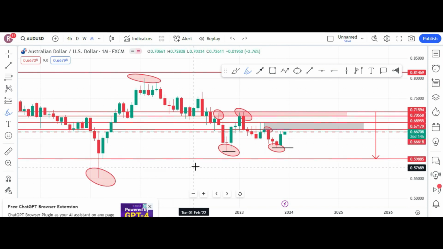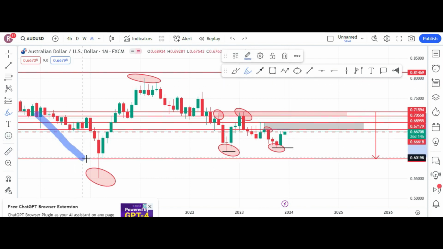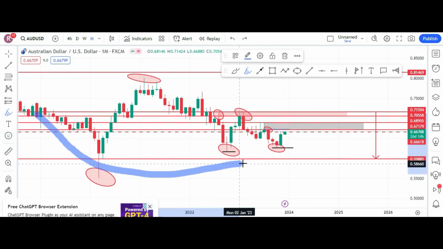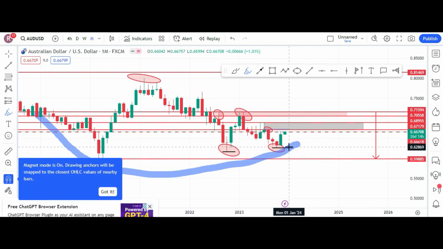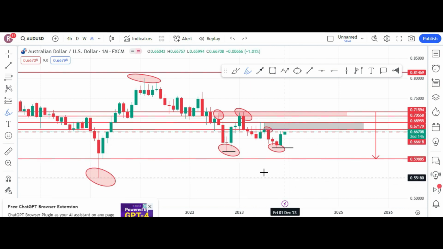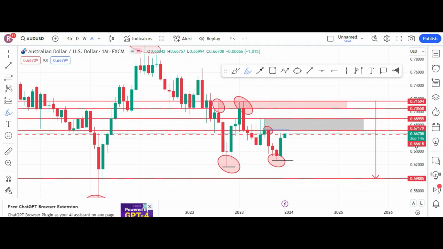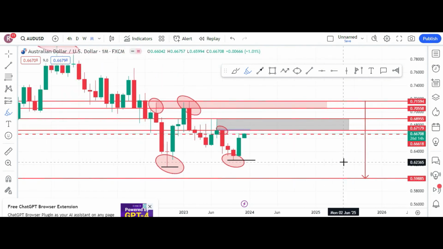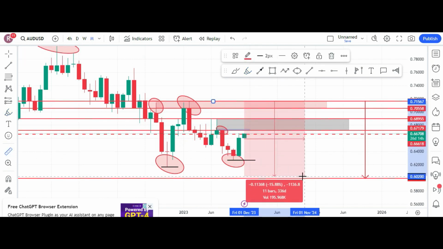It came down and it is gradually shifting upward, something like this. So we need to be very careful about this, because this type of shift in trend sometimes leads us to wrong decisions. So we'll try to analyze, and based on this double top, if we mark it, then we can see